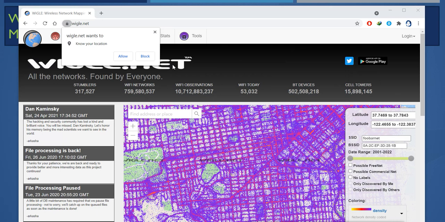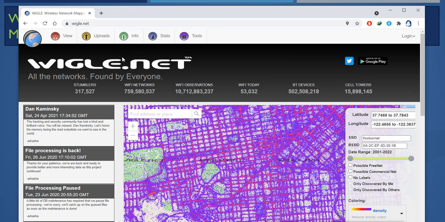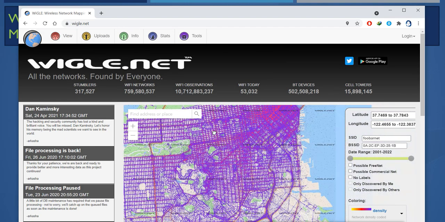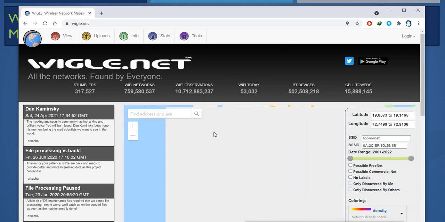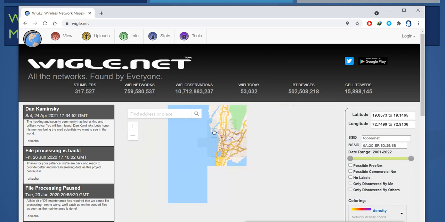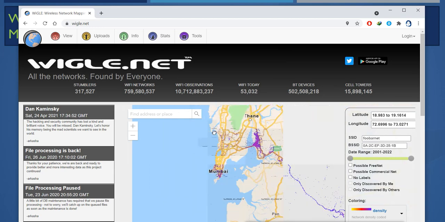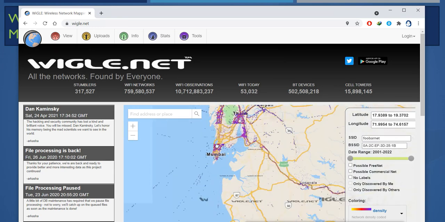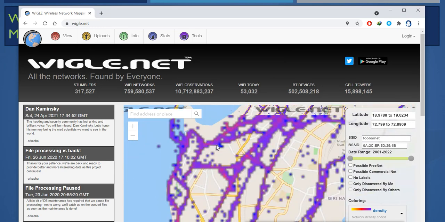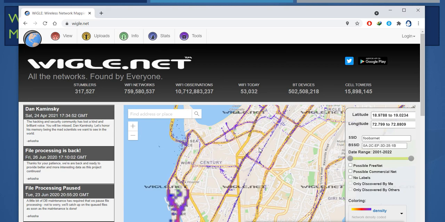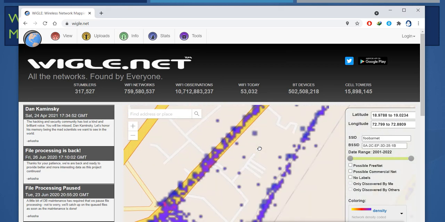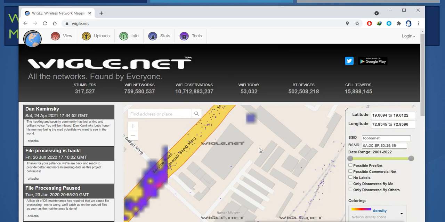Now this is Wigle. It wants to know my location, so I allow it, and we can see the map here. It is showing me here in Mumbai, and you can see there are lots of wireless hotspots.